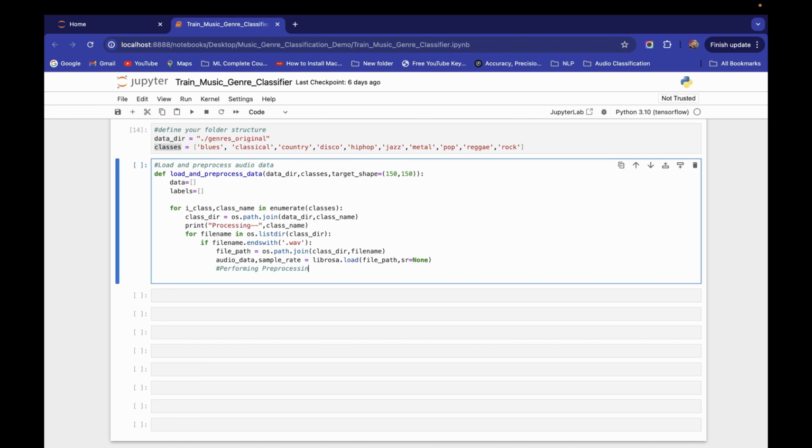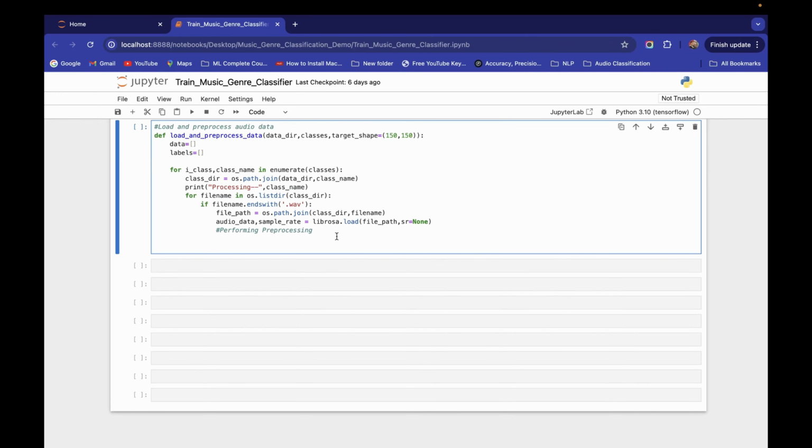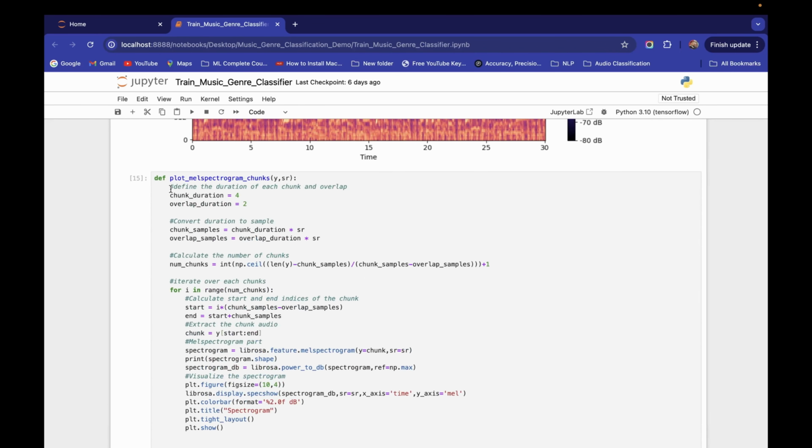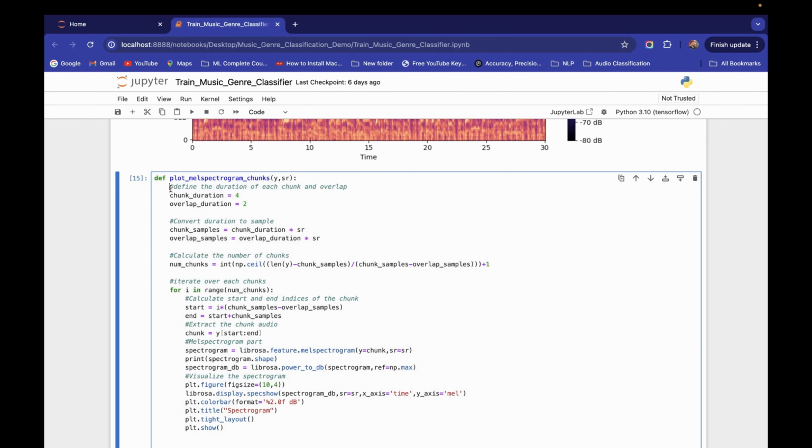Now all steps are the same, whatever we have done earlier. Now we will define the chunk and all. So I will take this thing from here, this chunk duration and all. This is the same thing which we have done there. We will take this entire thing, but not the plot part, because here we are not going to do that.